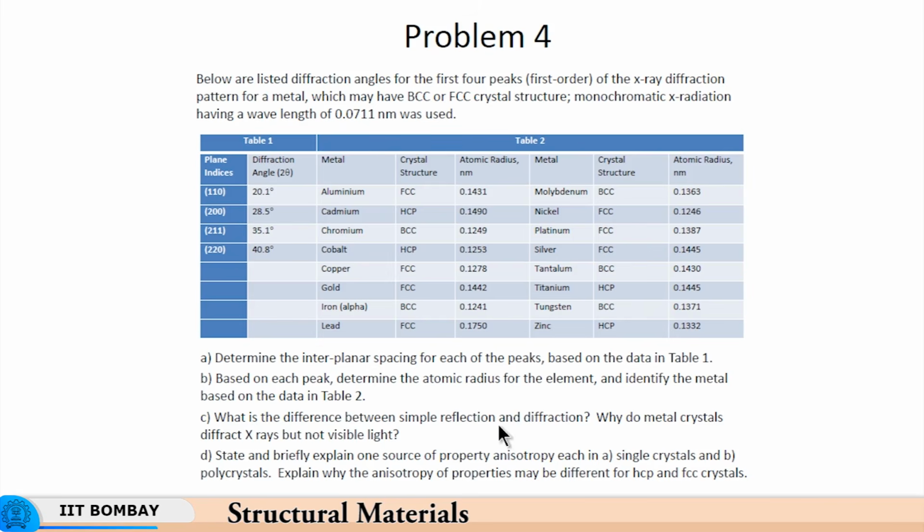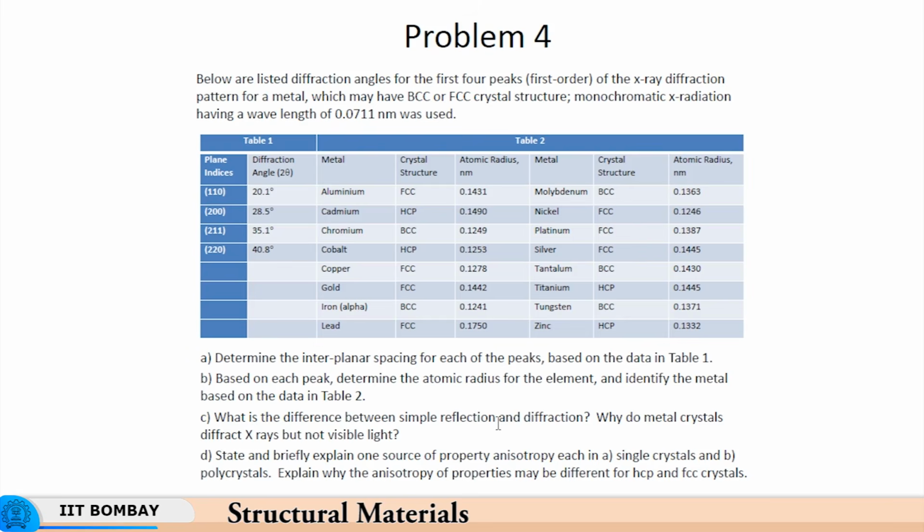Now what we have to find out is which metal it is. We have to identify the metal and the corresponding structure, based on this data. So first we have to get the interplanar spacing from each of these peaks, because typically, given a structure, let's say FCC or BCC, and a given atomic radius, you will have a fixed interplanar spacing. So based on that we